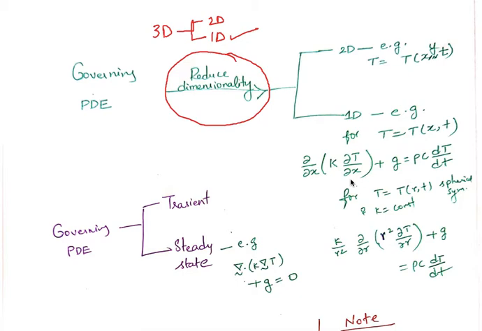Now here I am assuming a rectangular Cartesian system. You may also have a problem where you have radial symmetry, let's say in spherical coordinates. So T is a function of r comma t, where r is the radial distance in spherical coordinates. In that particular case, the differential equation becomes like this. So one way to simplify the problem is to reduce the dimensionality of the problem. You assume variation of the variable in, let's say, only one direction or two directions. Alright, that's one way to reduce the complexity.